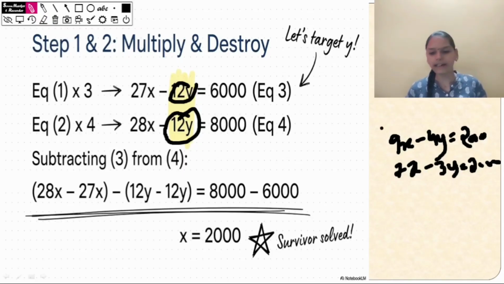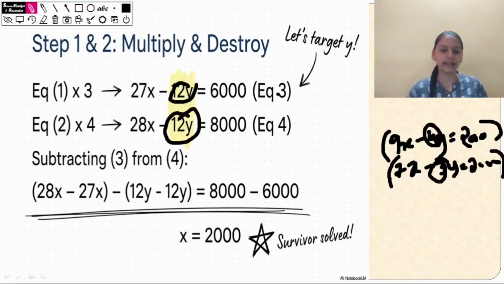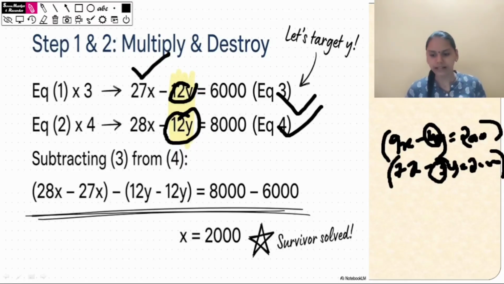Instead, I will take these both, because these are smaller numbers, and multiply this equation by 3 and this by 4. You will get these both equations, equation 3 and 4. See, observe, 3 nines are 27. You're going to multiply this with 3 and multiply this with 4. So 3 nines are